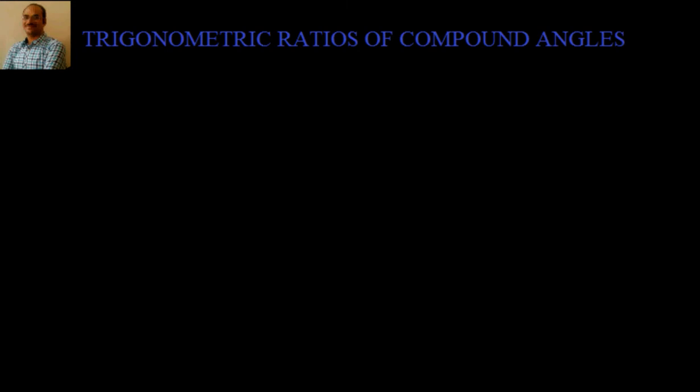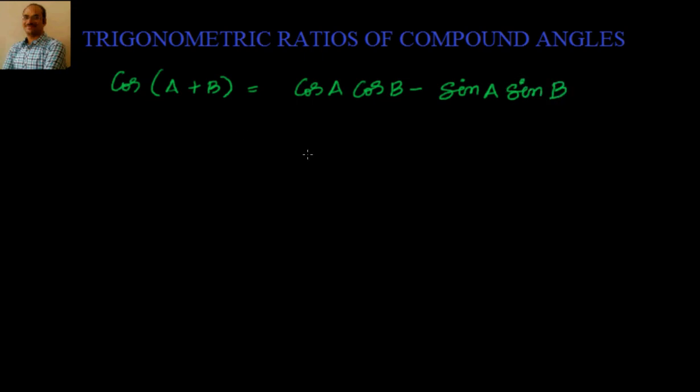We are going through trigonometric ratios of compound angles, and in the last video we found out the formula for cos of a plus b. Cos of a plus b is equal to cos a cos b minus sin a sin b. Now let's leverage this formula and try to find out the remaining trigonometric ratios, either addition or